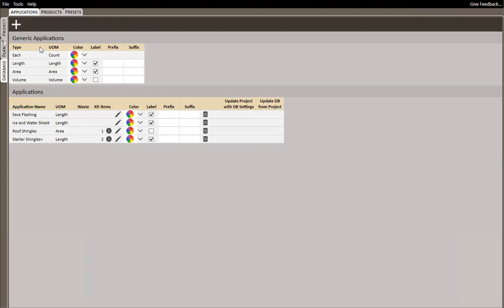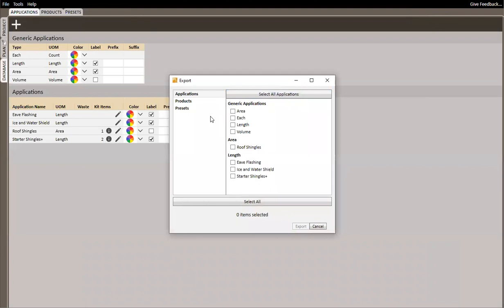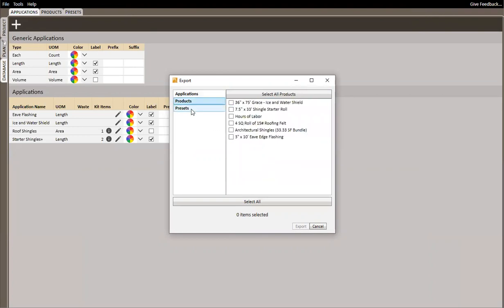The way you can do that is you can come up to the Tools menu and go to the Export Database option. That's going to pull up this, and you can select all or some of the items that you have that you want to be able to share around with different people, whether they're presets, products, and so on and so forth. Pick out the things that you like, and you can export those out, and that will create a little file on your desktop that you can then pass over, whether it's email it around or put it